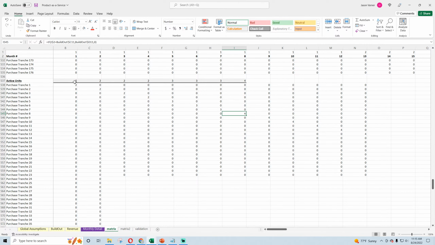Okay. So those are purchased amounts or amounts active. And we want to know if this is greater than or equal to.